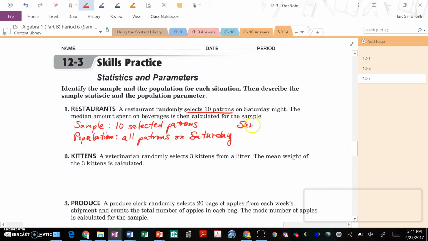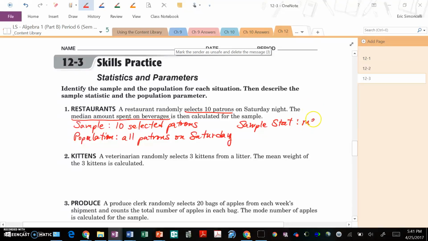The sample statistic stems from the sample, of course. And in this case, because we are provided what? The median amount spent on beverages, that's exactly what we're going to go ahead and note. It's very specific, and it's specific to the sample only. Median amount spent on beverages. While the population parameter